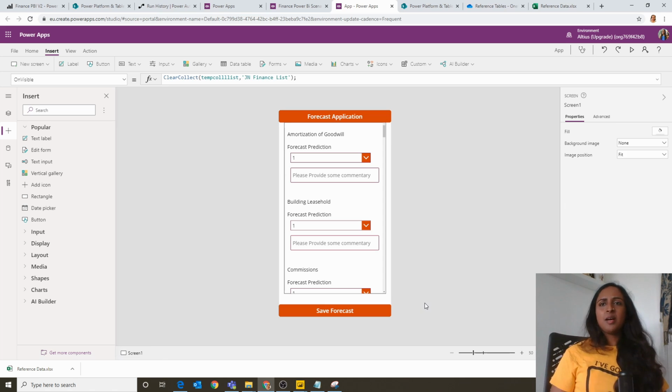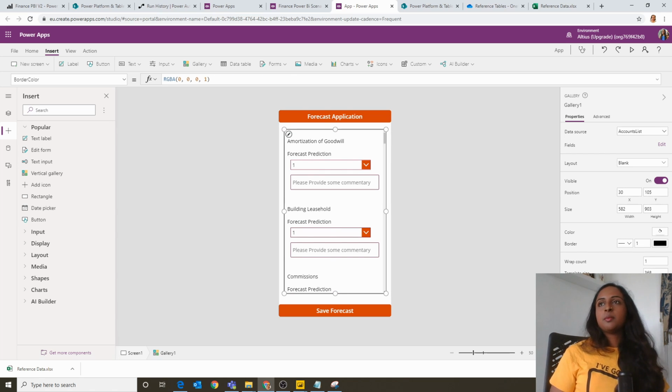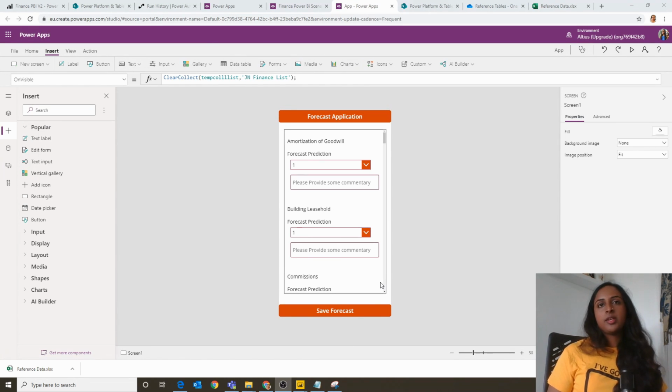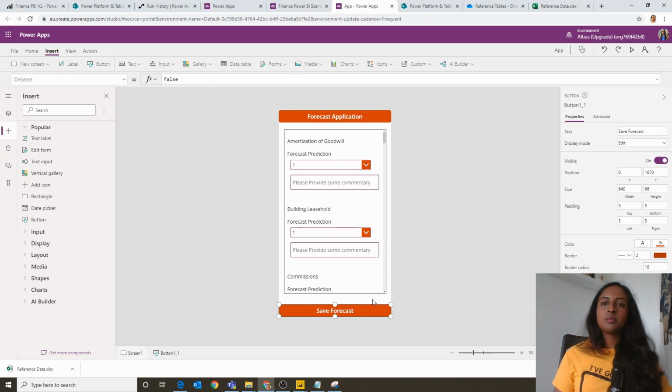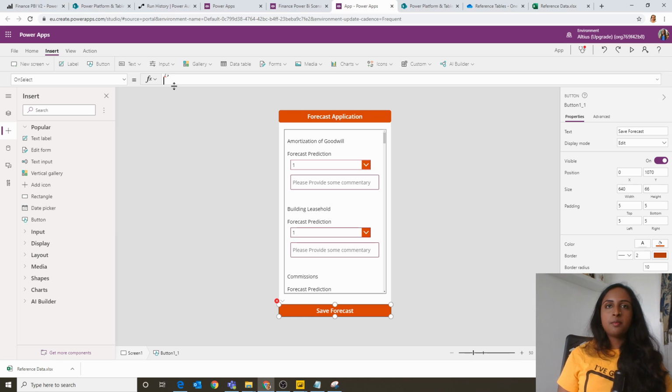So that's our very basic app. It doesn't do anything just yet. There's nothing fancy going on, but it's a good start, and we can start building out the next step. So what we'll need to do now is actually save this forecast into our SharePoint, right? In order to do that, first we need to build some kind of tables that show us what we need. So the first thing I'm going to do, and I'm going to build this up step by step, is